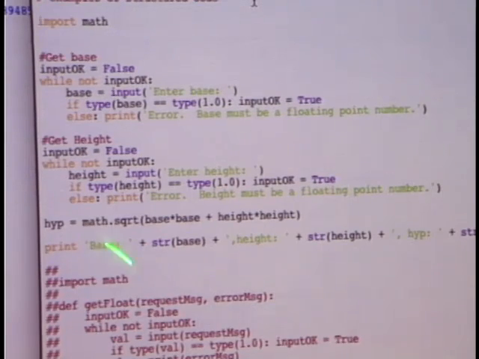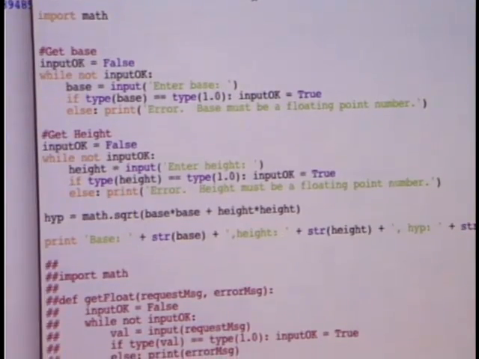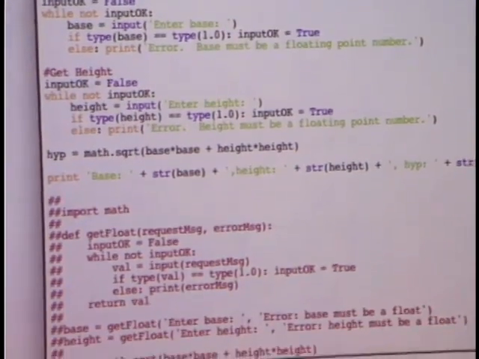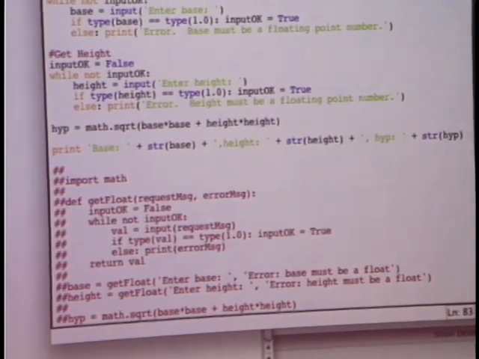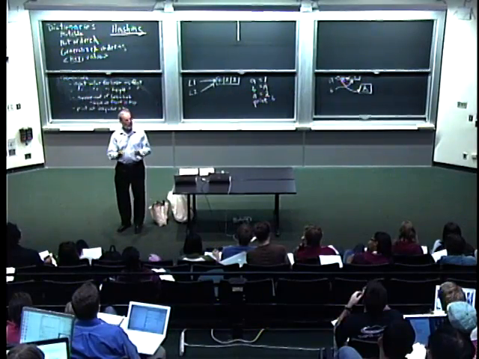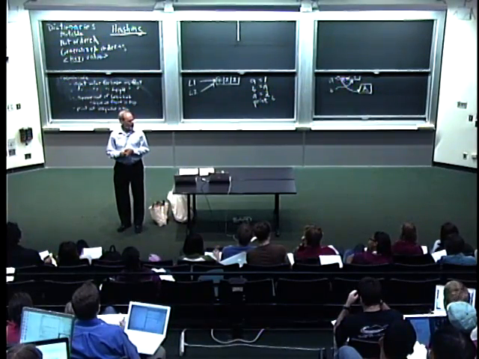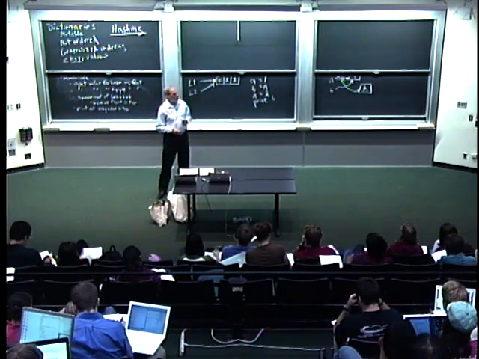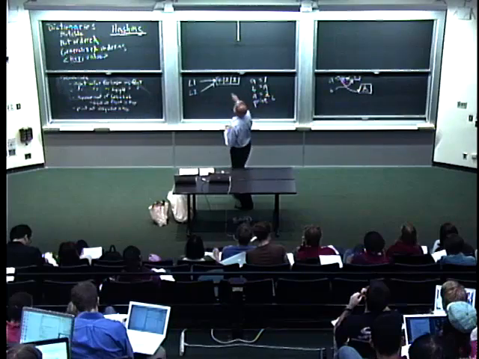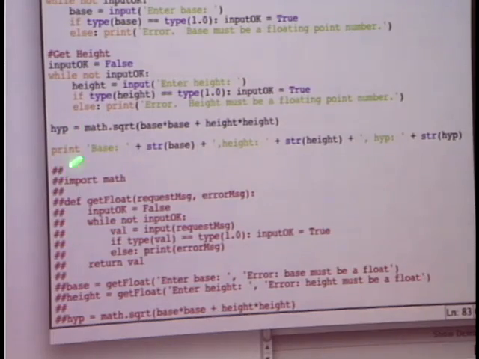Right, what's the second thing I do? Well, I get the same sort of thing to read in the height. Once I have that, I'm going to take base squared plus height squared, and there's a form that we've just seen once before. I'm just going to repeat it. That is math.sqrt, and it says, take from the math library the function called sqrt. Okay? We're going to come back to this when we get to objects. It's basically picking up that object and just applying that, putting that value into height, and then just printing something